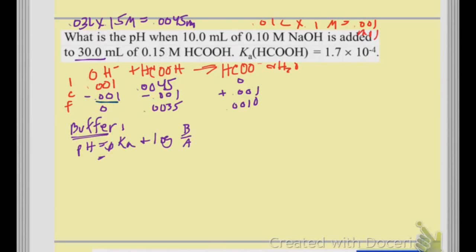So the pH is going to be, and plus I have a weak acid and its conjugate, right? No hydroxide. So I'm going to use Henderson-Hasselbalch. I've got to recognize which is the base and which is the acid, right? All right, I'm given the Ka, which is what I need, and my base is the